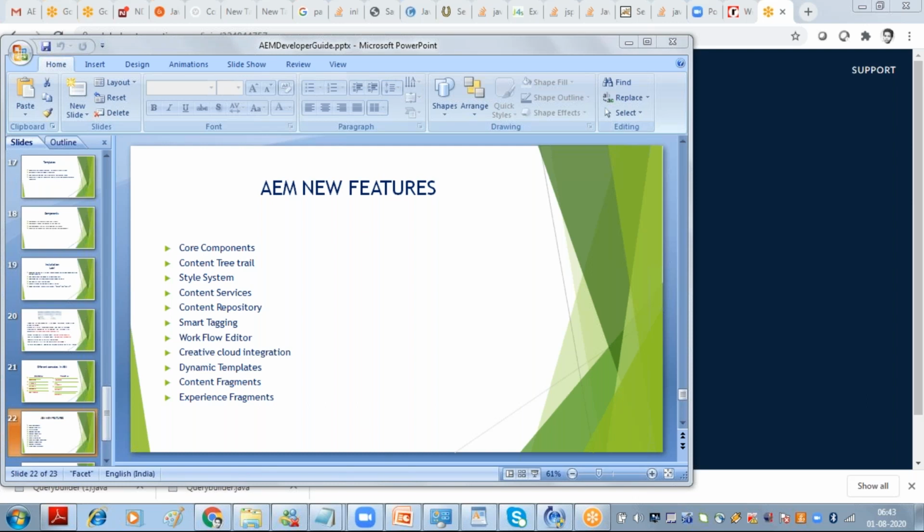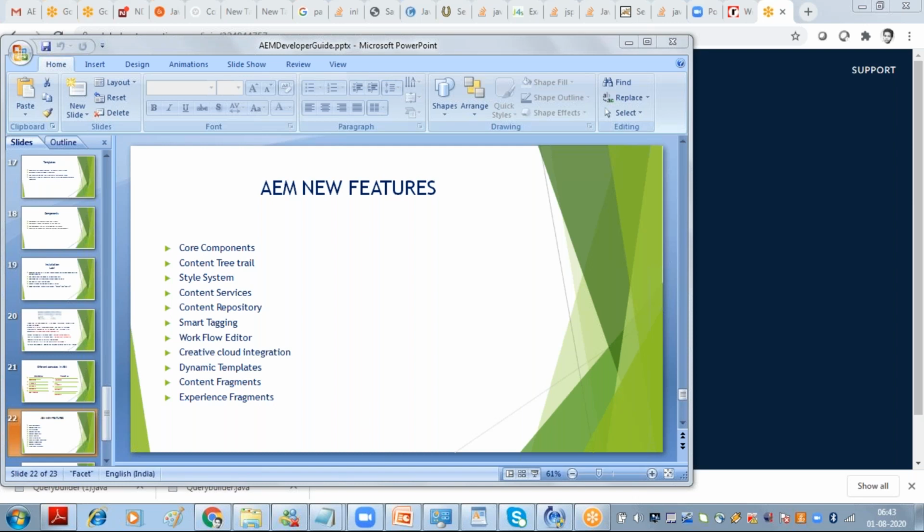So earlier tagging was there, now they have introduced smart tagging. Smart tagging means when you upload any digital assets, AEM will tag that digital asset smartly, or you can say dynamically. No need to tag the digital assets manually. For smart tagging, there is a separate feature pack, and we have to buy that feature pack from Adobe. So it's a special thing.